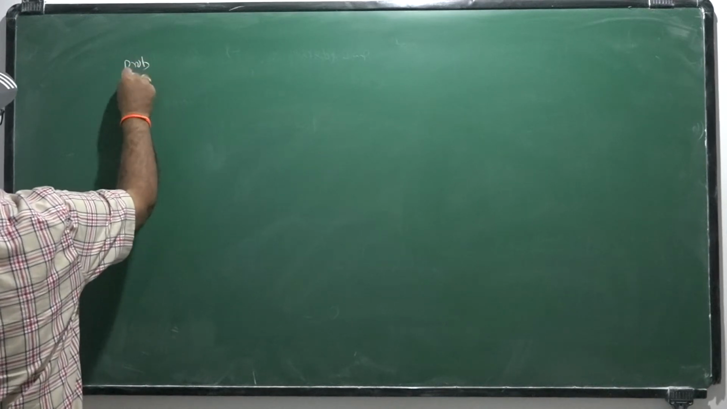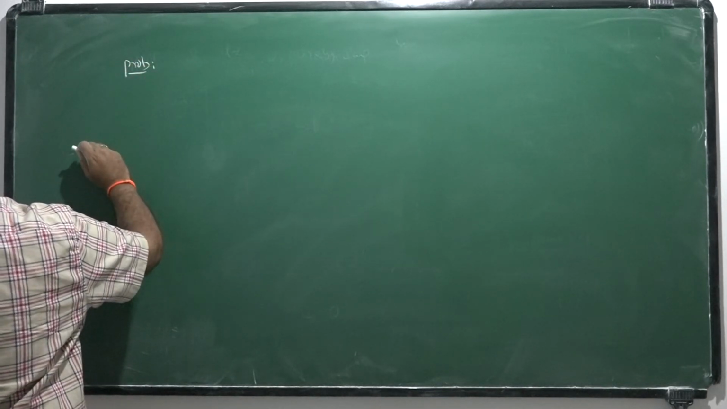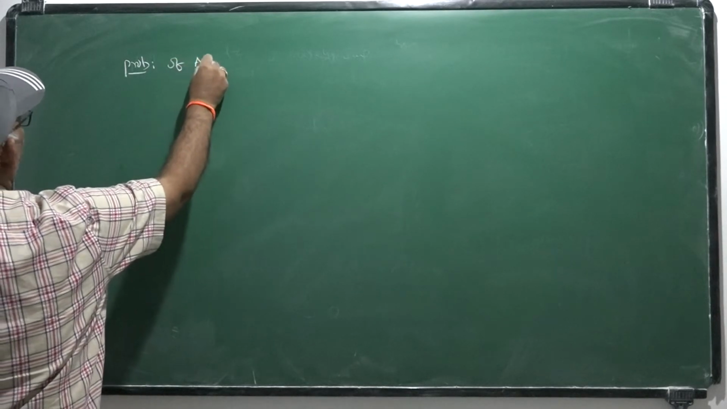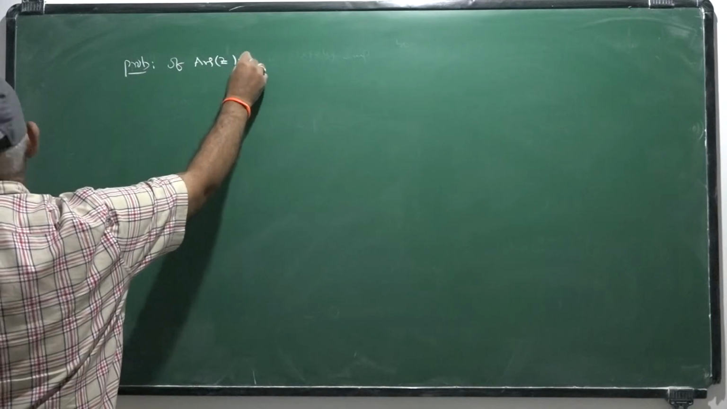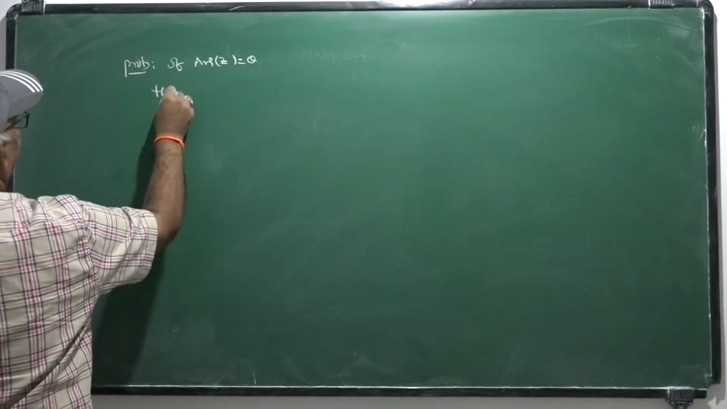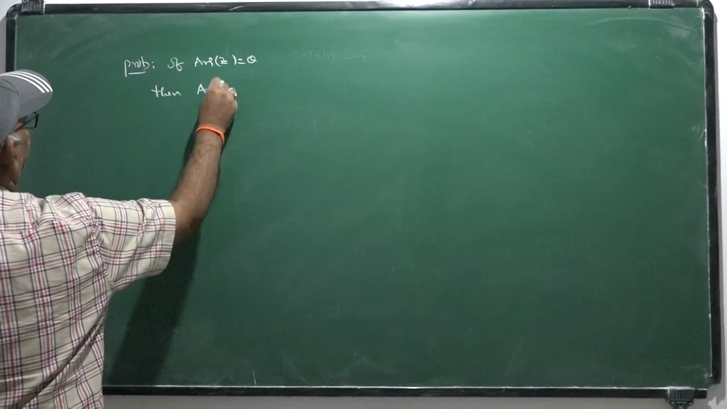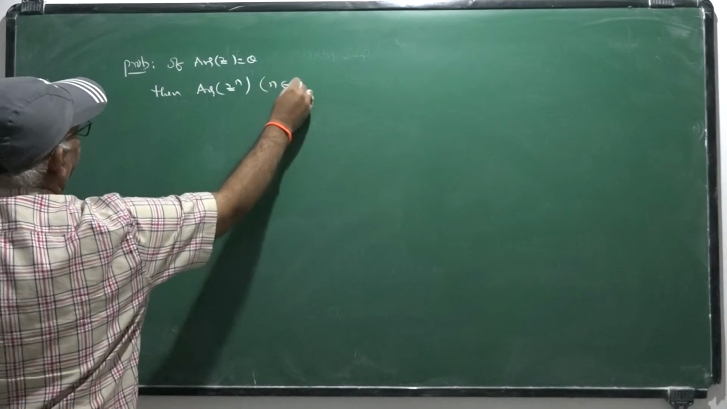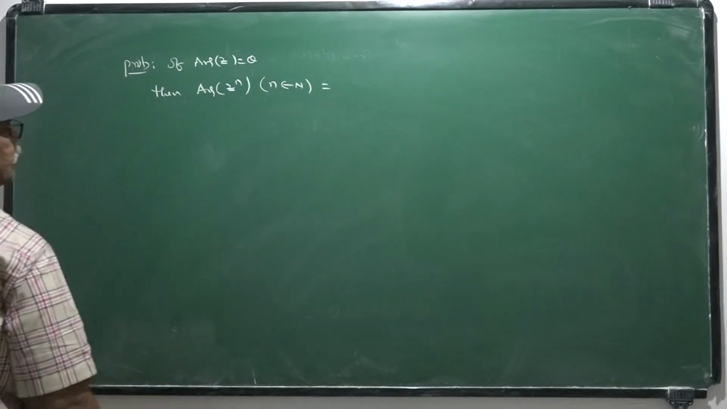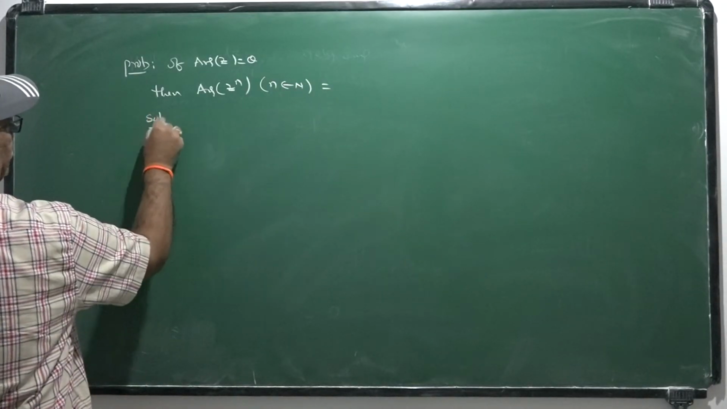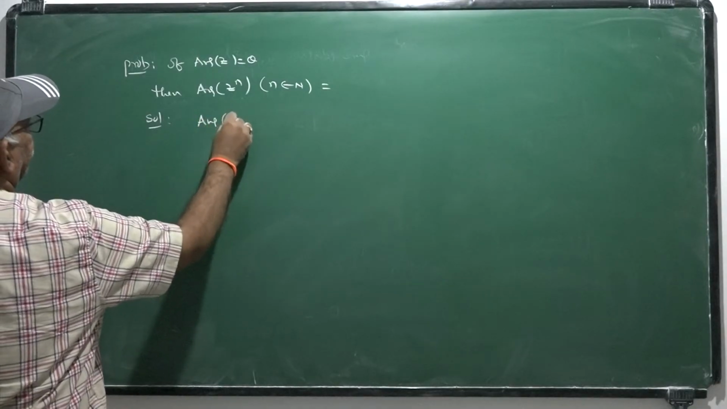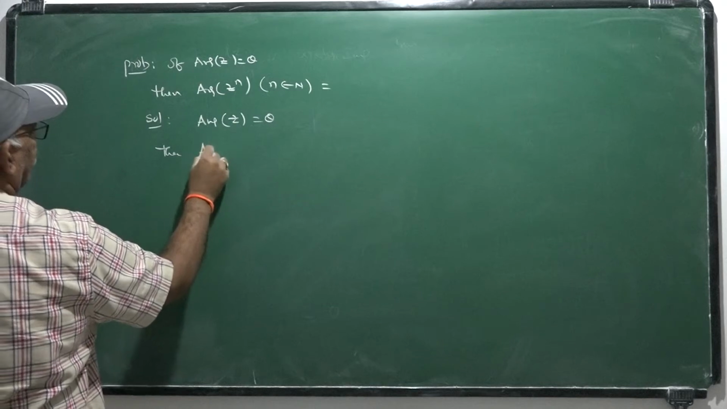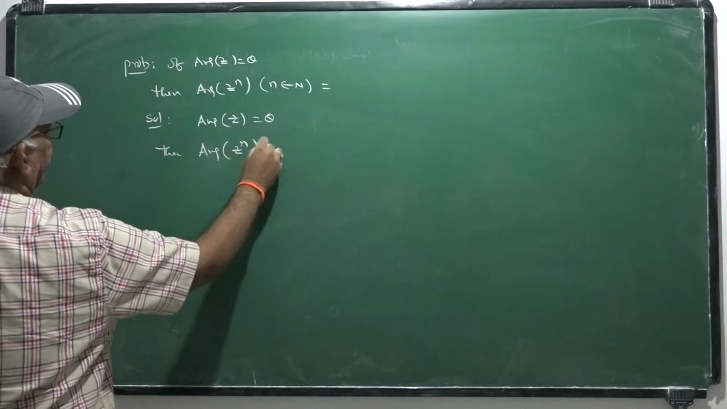Next one. If argument of Z is theta, then argument of Z power n, for n being a natural number. The solution: argument of Z is theta, then argument of Z power n is,